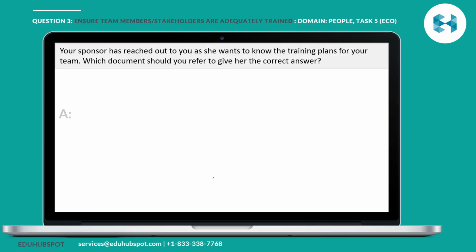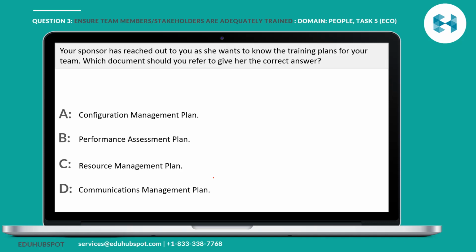Okay, let's quickly do another question. Your sponsor has reached out to you as she wants to know the training plan for your team. Which document should you refer to? Give her the correct answer. A, configuration management plan, performance assessment plan, resource management plan, and communication management plan. Okay, so we have not covered all of these right now. We will be covering them in Plan, which is our chapter number 2, which is only available exclusively on my website